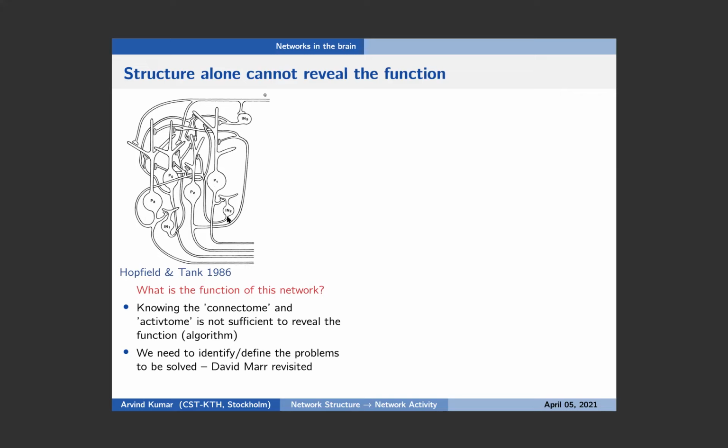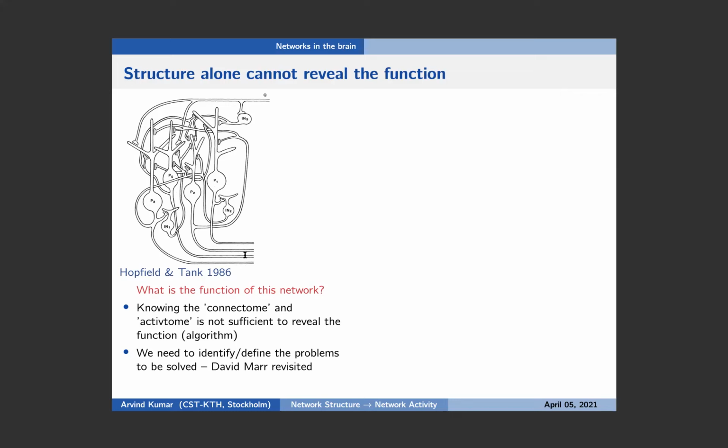At least for such small networks, it may be possible that after looking at this drawing for a long time, you may come up with the notion that maybe it is doing analog to digital conversion, from an analog signal to a 4-bit digital output. But you can perhaps know that only because you know that A to D conversion is meaningful. If you didn't have any background in digital electronics, it wouldn't even make sense to think about this. So the claim that was made is that it's not really possible to talk about the function of a network by just focusing on the activity or connectivity of this network.